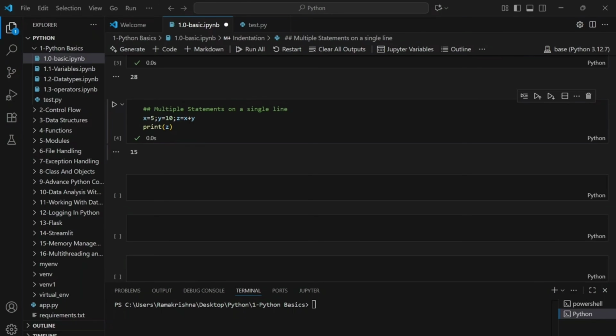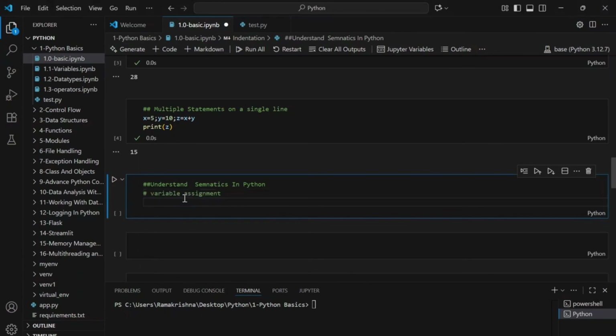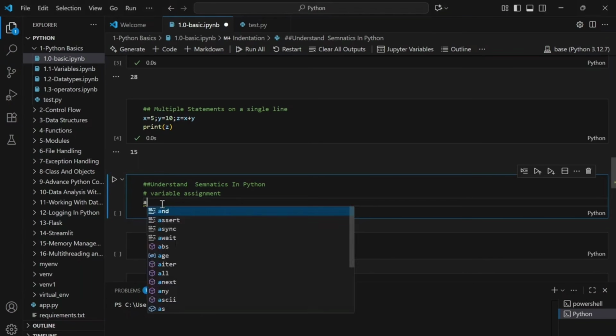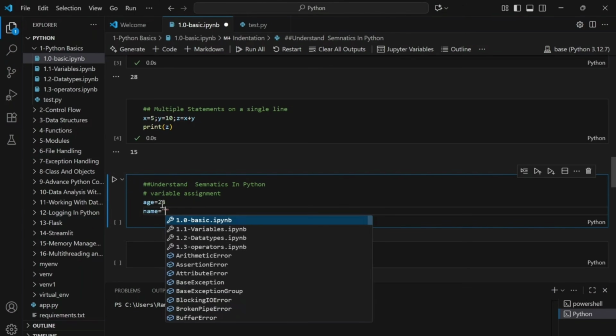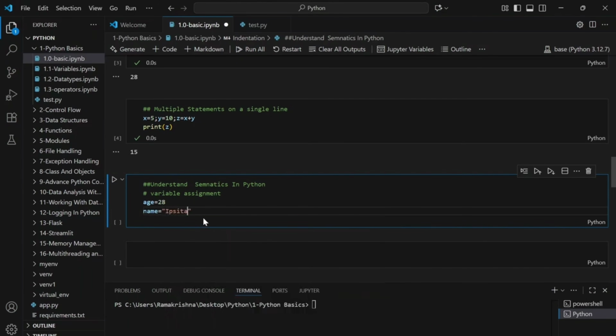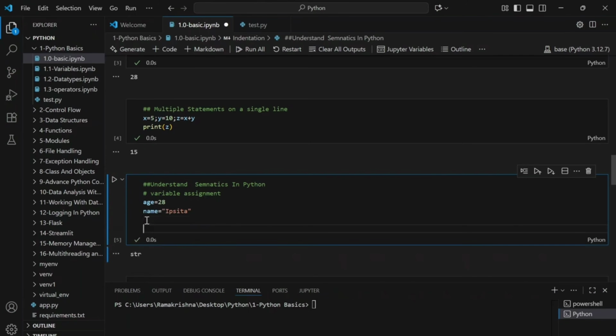Now we are going to understand what semantics is, and we are going to see some practical examples of semantics here. For that, we'll start with variable assignment. I'm going to assign a variable called age equal to, suppose, 28, and name equal to Ipshita. Now I'm going to see what data type Python has assigned to the variable age.